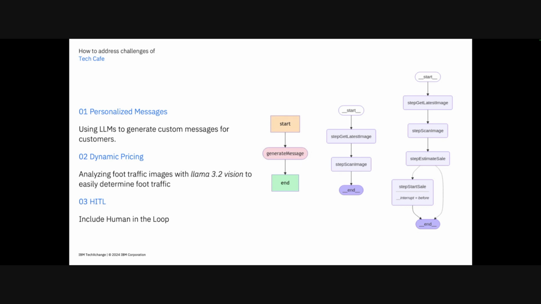There's no reason to use LangGraph, but again, it's a good example. Then the next one gets a little bit more complicated. You can see first it'll run the step get latest image, which gets an image from our webcam, and then run step scan image, which is calling our LLM. And then finally, when we want to start doing human in the loop, I won't go over each step, but you can see the step right before end is step start sale, which pretty much before we start the sale,